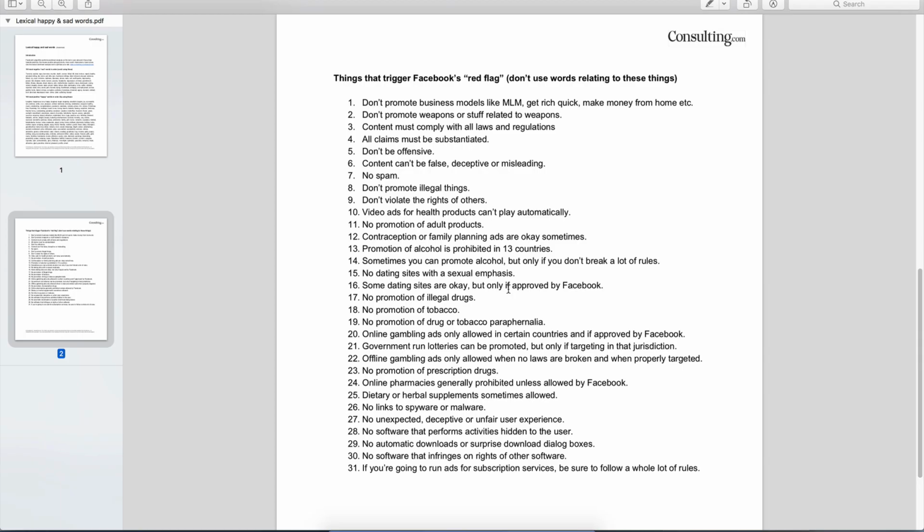Now, I don't have the exact list of all the actual words, but what I do have is a list of the things it really doesn't like. So like, don't promote MLM or get rich quick or make money from home, etc. And don't promote weapons or stuff related to weapons, right? Don't break the law, don't be offensive, no spam, don't promote illegal things. And